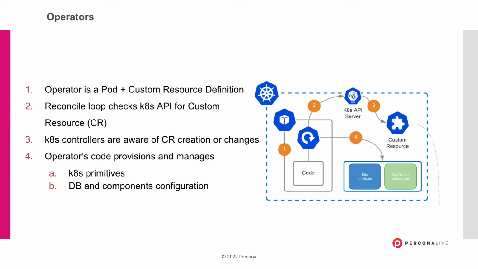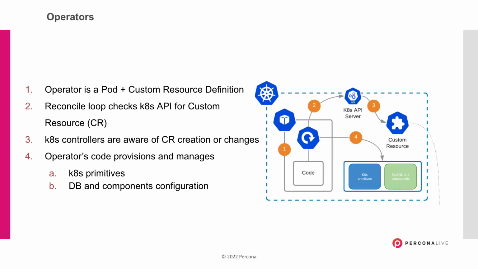The second important part of the operator is the custom resource definition. And custom resource definition is the Kubernetes API extension. So instead of operating with basic Kubernetes primitives, as I mentioned, pods, deployments, replica sets, secrets, and so forth, you can teach Kubernetes with a custom resource definition that there is something like a cluster as a primitive in Kubernetes. So you can talk to Kubernetes in these terms, not about all the components.